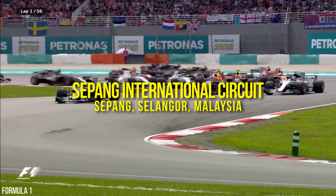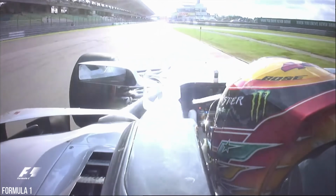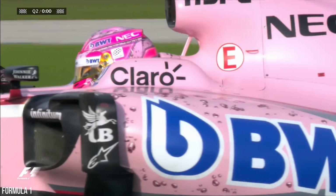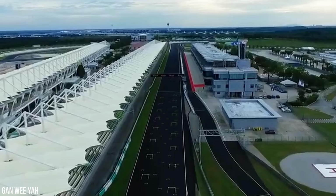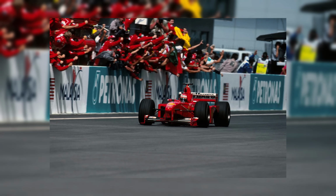The Sepang International Circuit is a masterpiece that was abandoned by Formula One. A fan favourite, a driver favourite, and a circuit that deserves a spot on the F1 calendar. It's been 8 years since we had the last Malaysian Grand Prix, and to this day, it's missed by many fans around the world. In 1999, the first Malaysian Grand Prix was held, but before we dive deeper into the